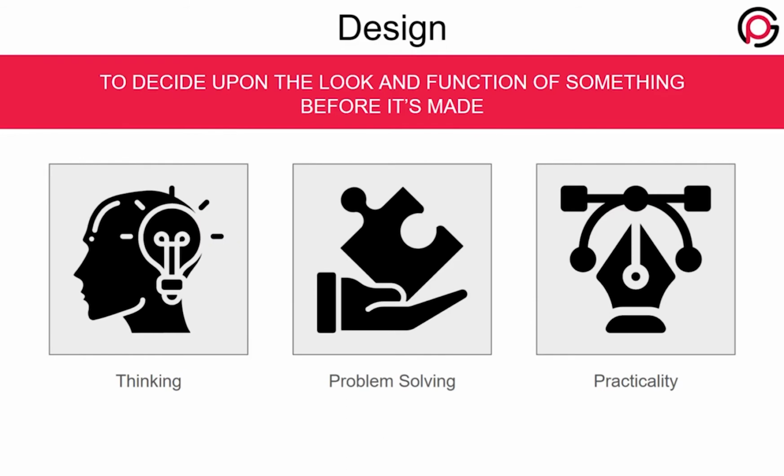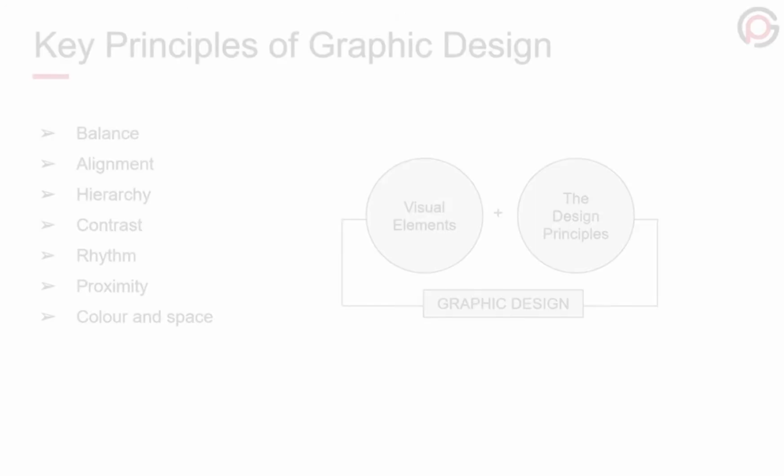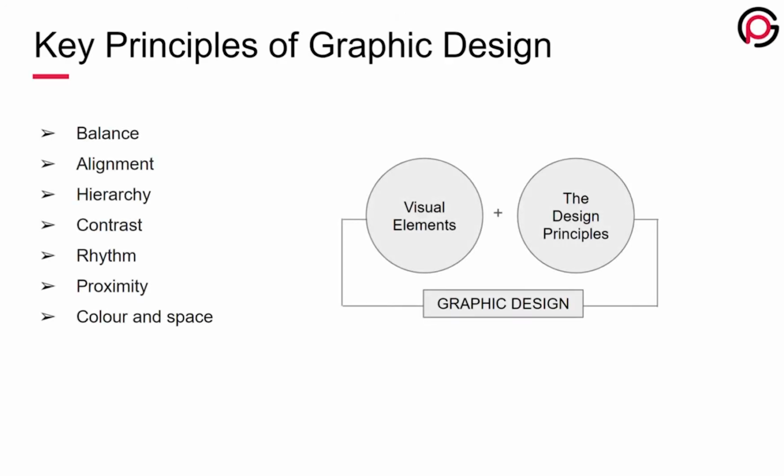Now, the second part is design. Design is something like guessing the functioning, looks, and working even before the production of a product. So, design is planning of something even before its production. Using the logic of solving a problem is called design. So design is thinking, problem solving and practicality theory. Using all these we get a perfect idea, and then with the help of graphics we can move it into reality.